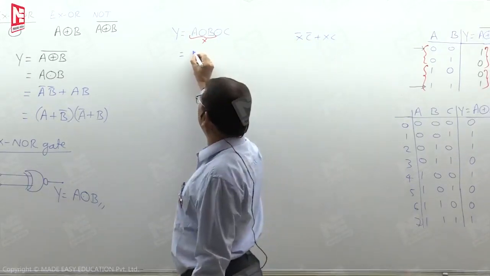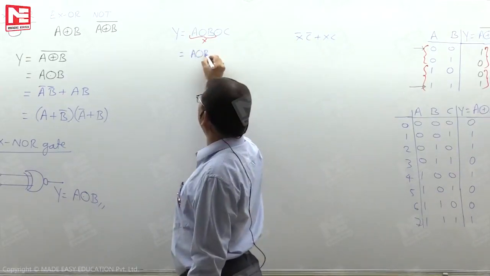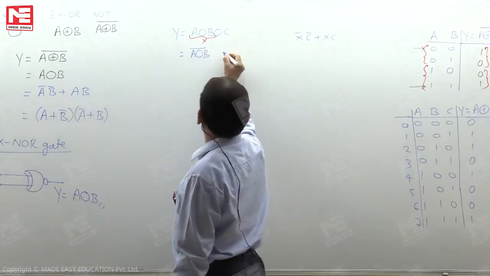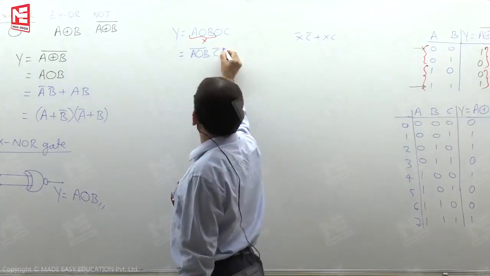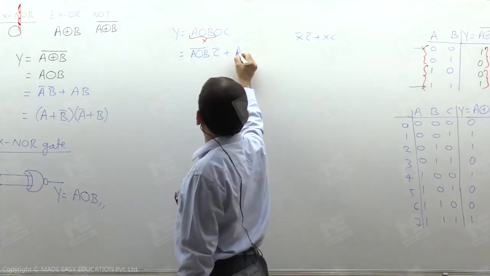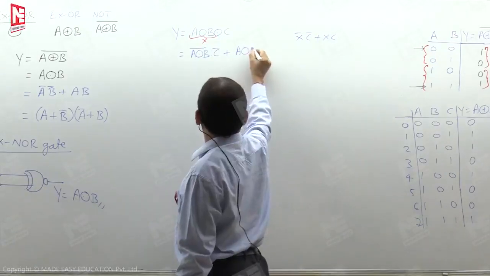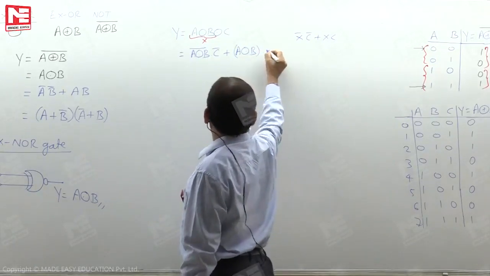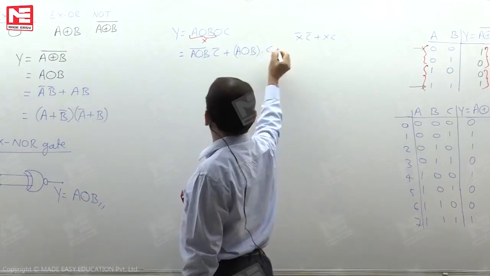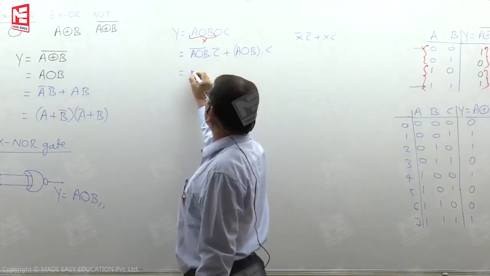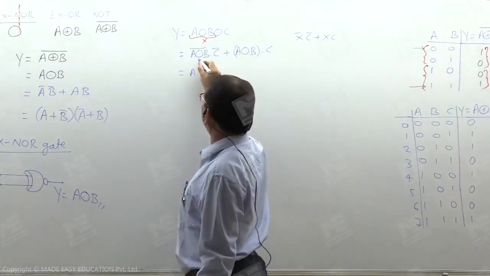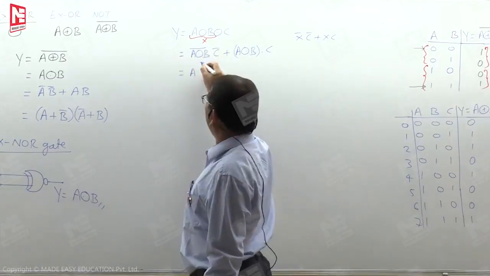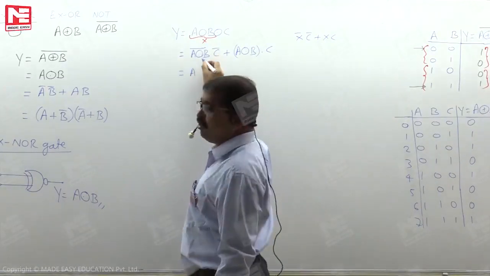So we are looking at A XNOR B complement AND with C complement, OR with A XNOR B AND with C. Alternatively, we can say A XNOR B whole bar is